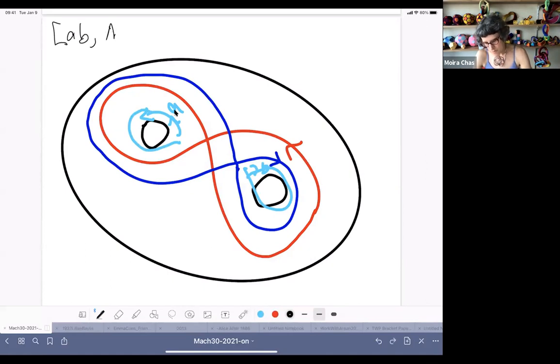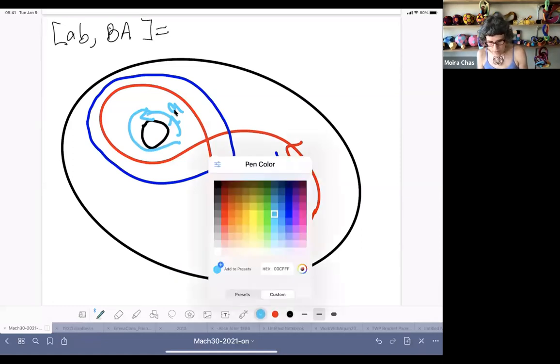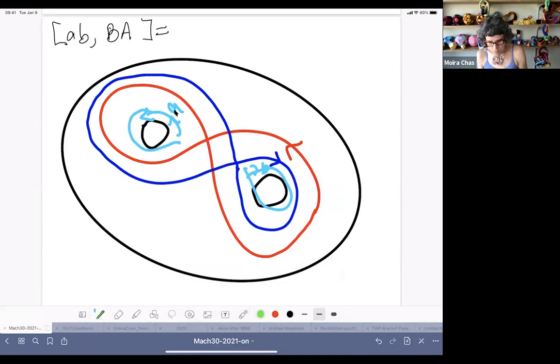Let me just write it BA because I want it to be a conjugacy class, but anyway, these are the class of these two elements of the fundamental group. So these two curves intersect in 2 points, here and here. So if I want to compute the bracket, let's see, I need help because here I go like this. No, yes. So the bracket will be,